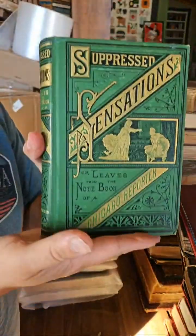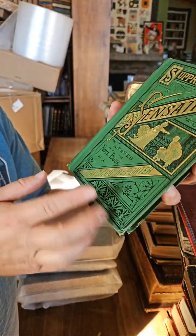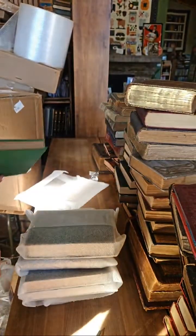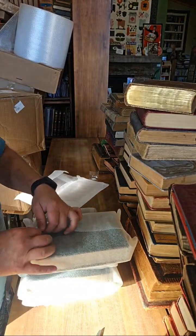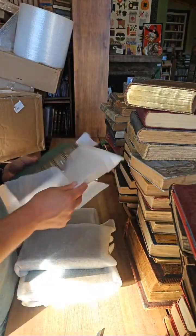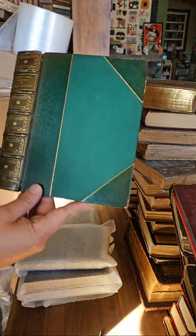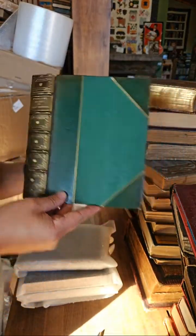Interesting book on journalism in Chicago. Wow. Leaves from the Notebook of a Chicago Reporter. That one's cool. I can't recollect having that one before. I don't know if it's very rare. I cannot remember if I've had one. Certainly not recently. Poetical works of Robert Browning in a nice half leather or 3/4 leather